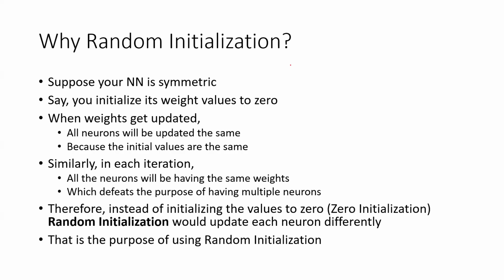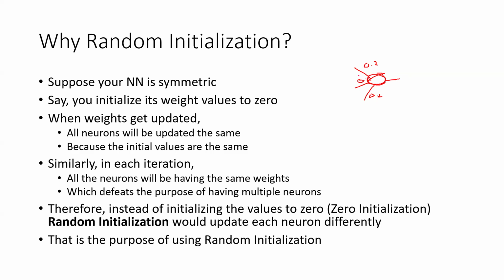For example, if there's a neuron and it has a weight value 0, and this weight value is also 0, this weight value is also 0, and if we add some small change like 0.5, 0.2 or something, this one will also become 0.2, this one will also become 0.2, and so on. So if we have started with 0 for all values in the initialization, then all the weight values for this particular neuron